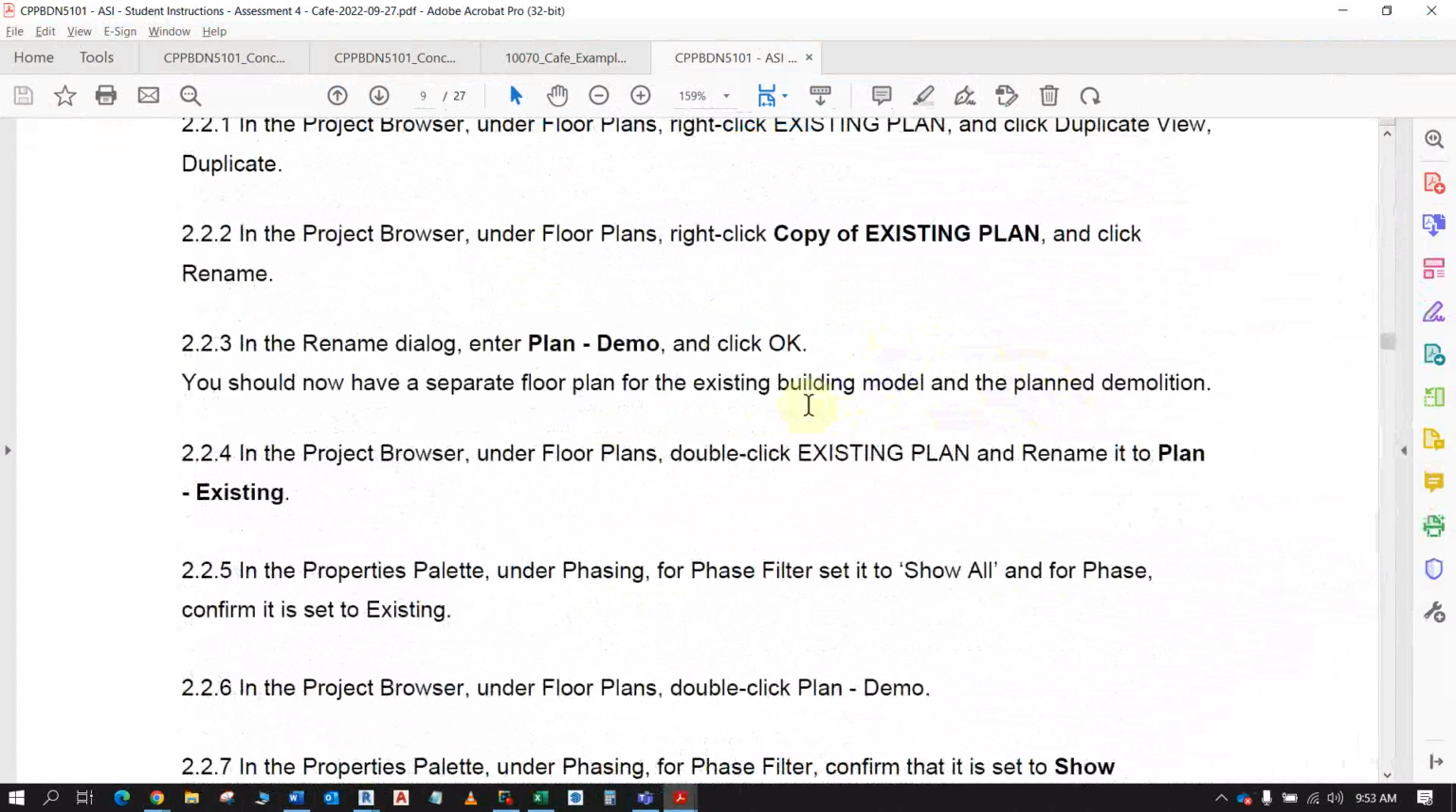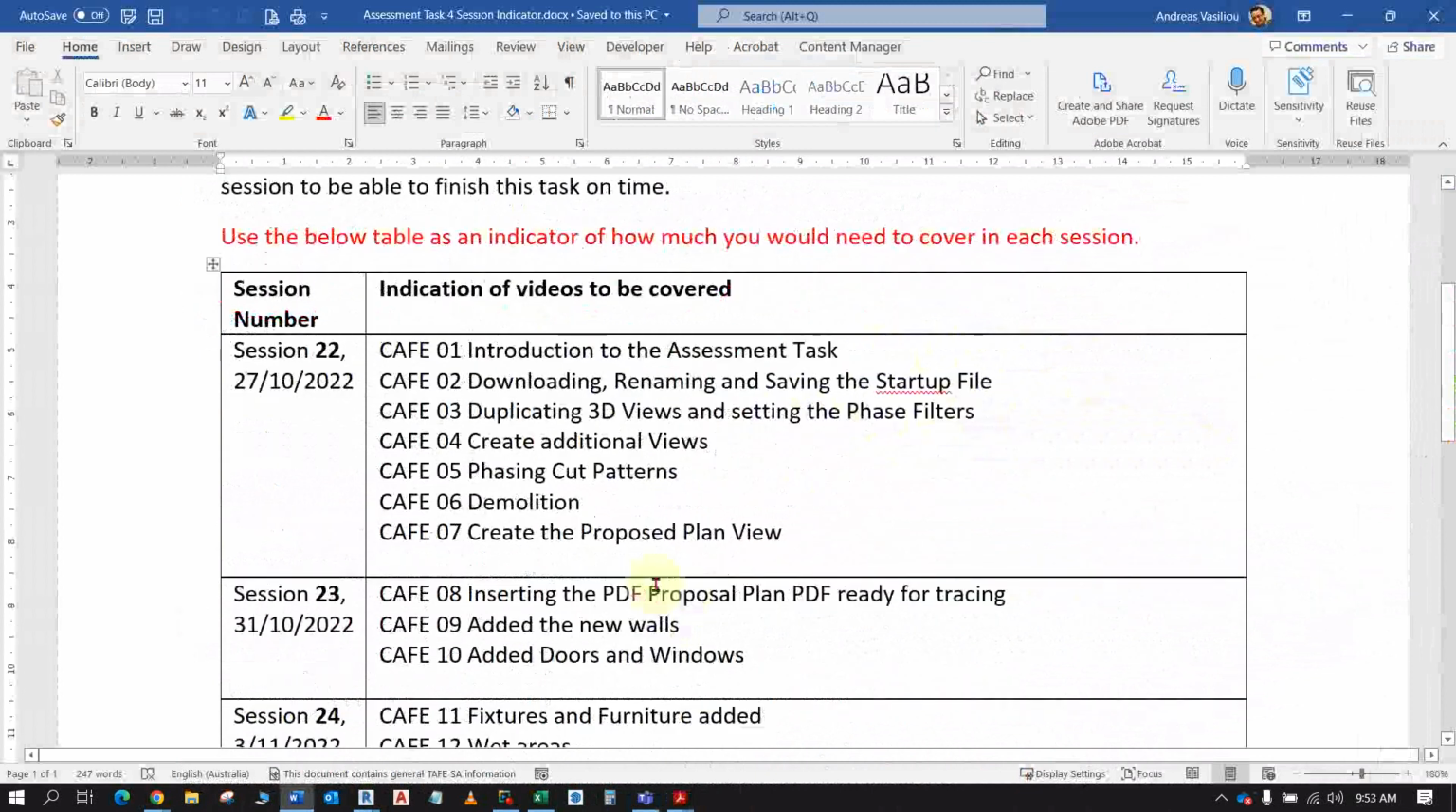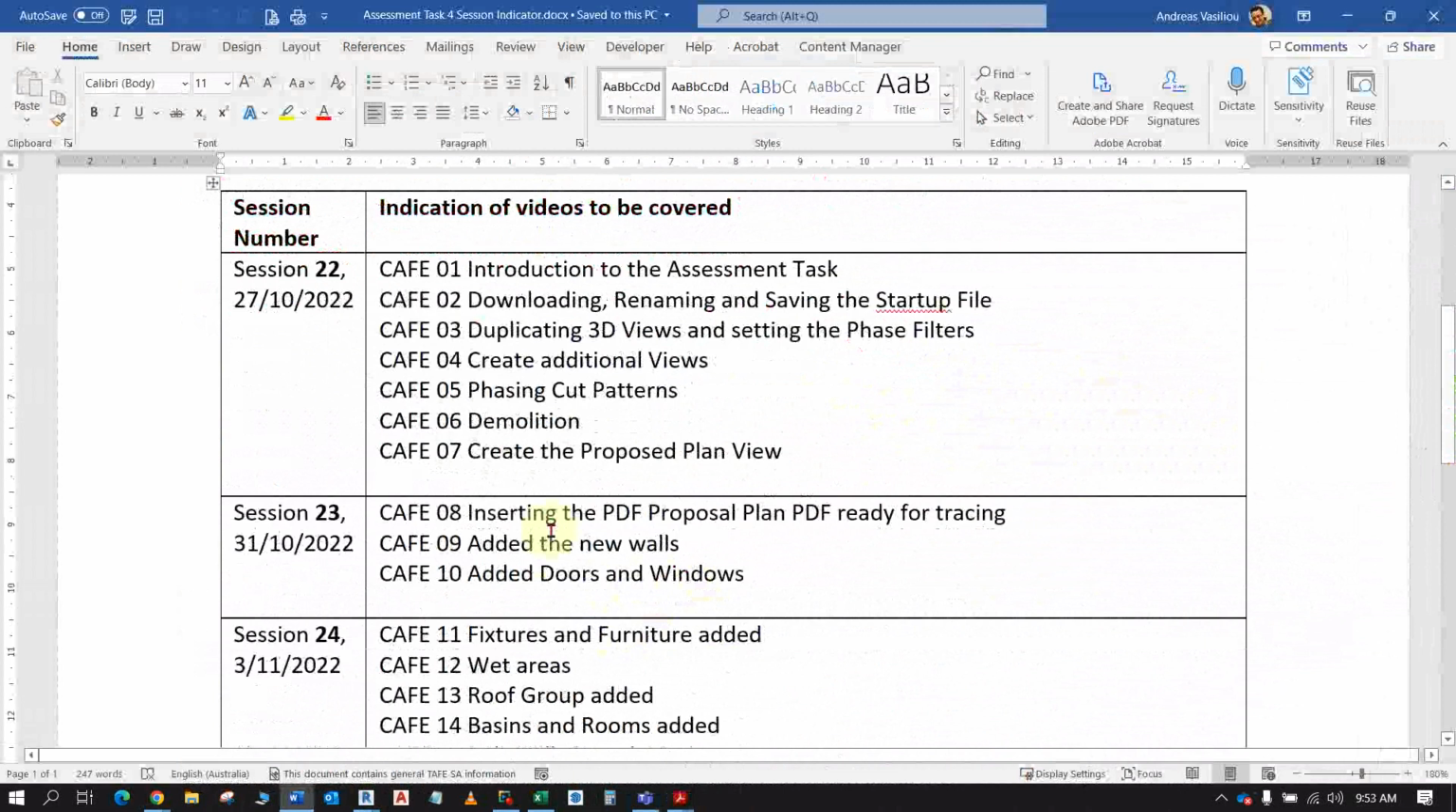So if you look at this one here, it talks about duplicating 3D views and setting the phase filters. So that's part of the instructions. Pretty much this follows that in the order that it's written in the instructions. But unlike some of the previous recordings that